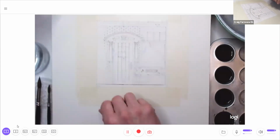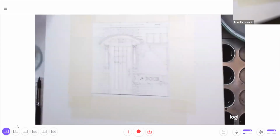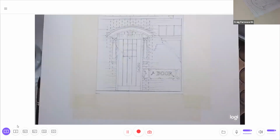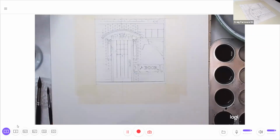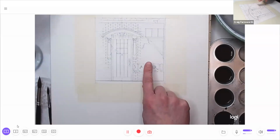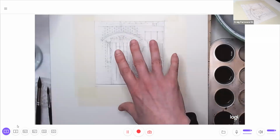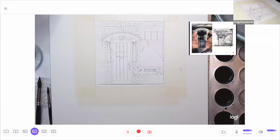Come on, focus. What that does is, with all the line work on here, sometimes it gets a little confusing to see where the shadows are and where the lines are. So this gives me a good reminder of the limits of those shadows. So for the first wash, my blueprint is telling me that I've got